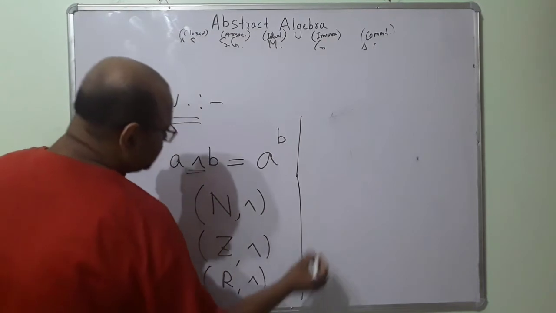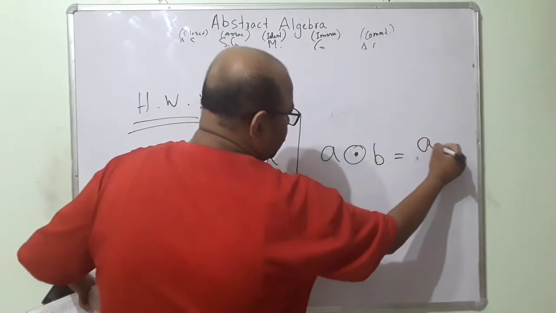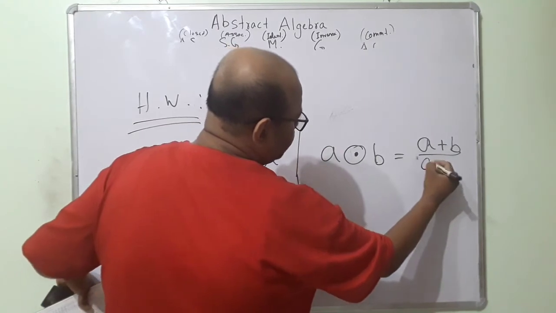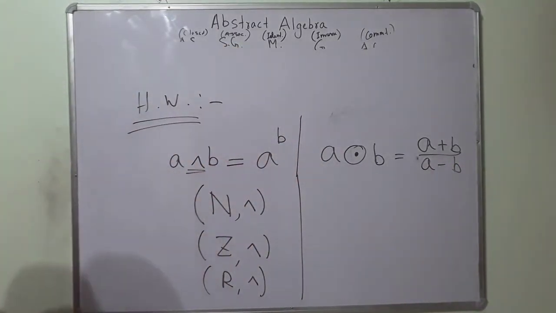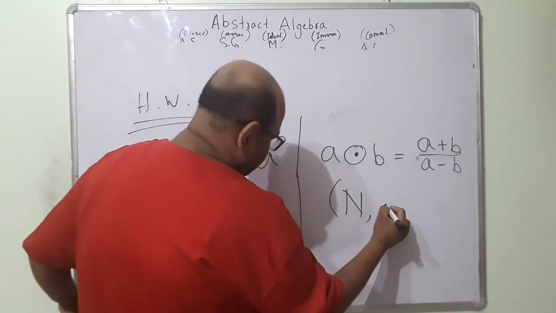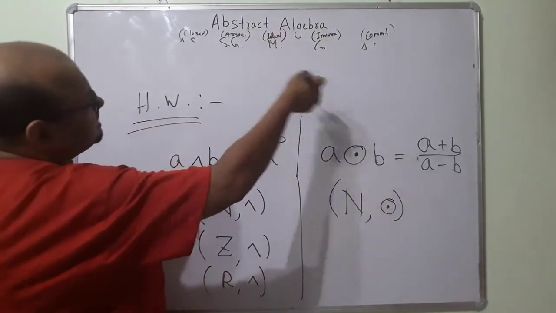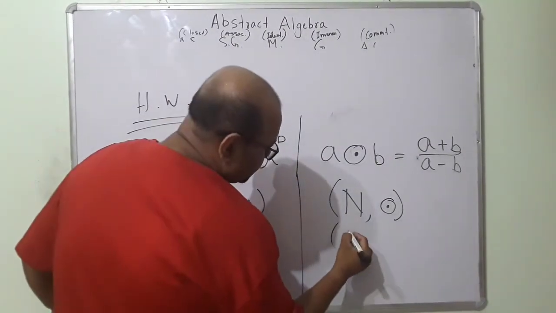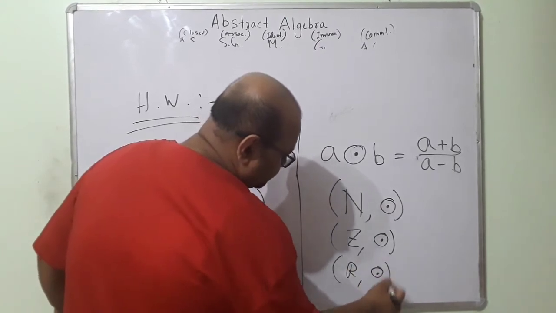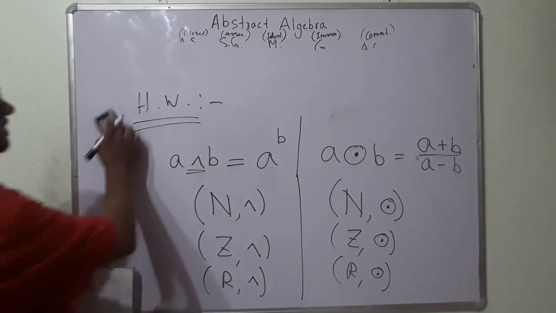Try to figure this out, and also try to figure out for this other operation. Okay, this A, let me make this operation, A star B is equal to A plus B by A minus B. Okay, so I just made this operation. Try to figure out for natural number, this operation, what is it? Is it an algebraic structure, semi-group, group, whatever, abelian group, whatever, for this and for this. Okay, so try to figure this out. Alright, so this is your homework.